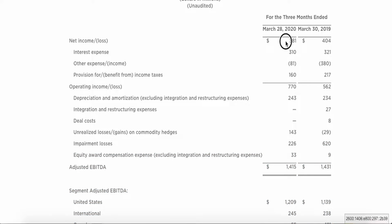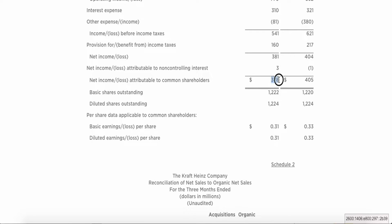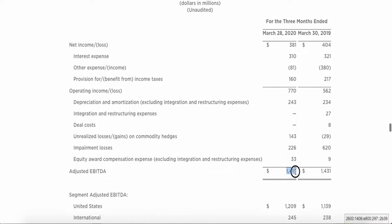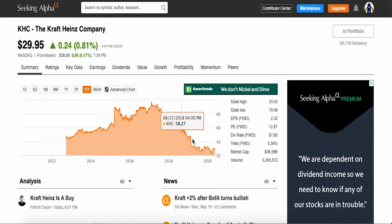So we have our net income here and they start adjusting for net. So this is their adjusted EBITDA. So we saw up here, their net income was here. Well, Kraft is trying to tell you that, well, if you didn't count these impairment losses and you didn't count the equity awards and you didn't count depreciation and some other things, well, we really cleared 1.4 billion and it's really flat year over year. I wouldn't really pay too much attention to that because obviously investors aren't really paying attention